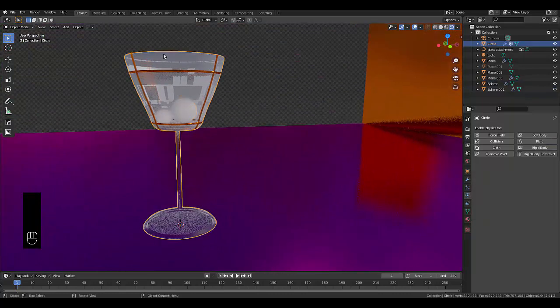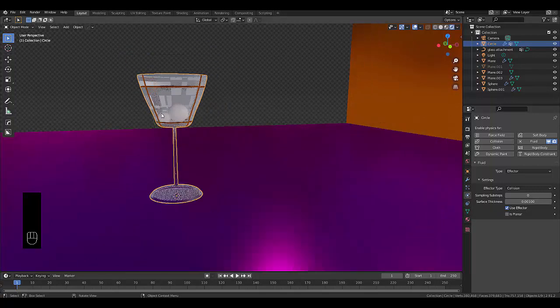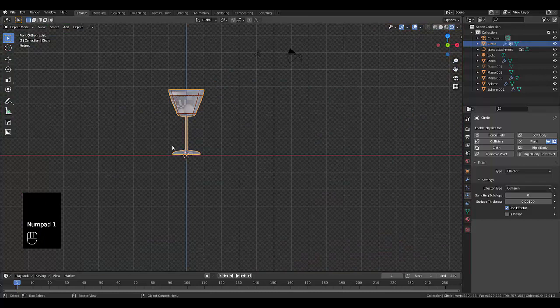Select this glass, and we want to create a fluid simulation on the glass itself. Effector, and we want to make sure that this is thick enough to withstand the simulation. Hopefully 0.001 will be good enough. We will see shortly. Next thing we want to do is press numpad 1,